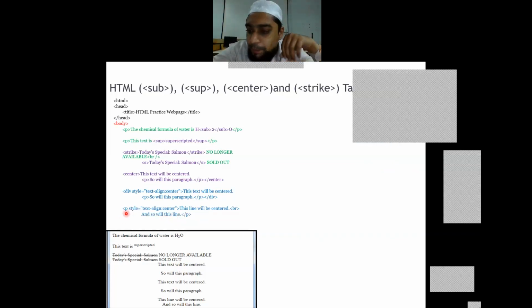Normally we write the P paragraph tag, but to apply CSS to this specific paragraph, suppose there are four or five paragraph tags, but instead of all the paragraph tags I want to apply it to this specific paragraph tag, then I'll be using inline CSS, by making use of an attribute called style.